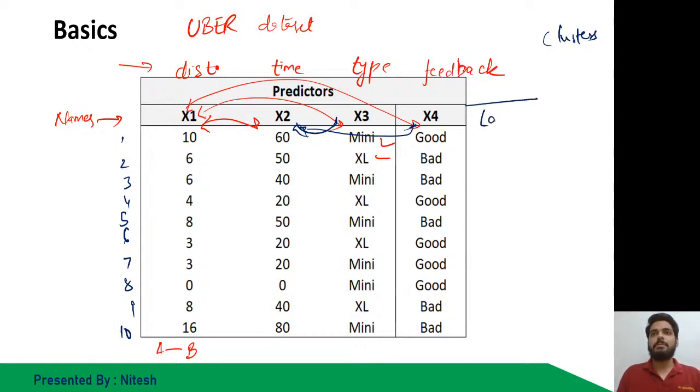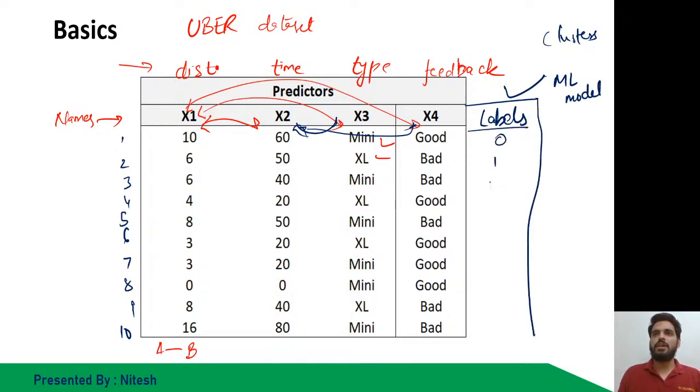So a new column is picked up, like labels. These labels are generated by the machine learning model, our K-means. It categorizes these rows into those labels: 0, 1, 1, 1, 0, something like that. So these are the two clusters, zeros and ones. The machine learning model at the back end tries to build a relationship between x1, x2, x3 and x4, and on the basis of that it is able to clusterize these records.